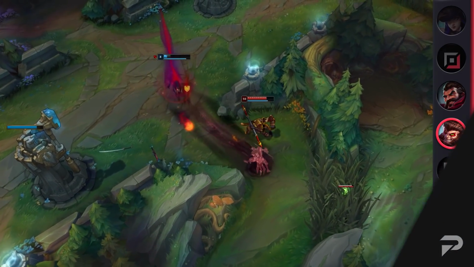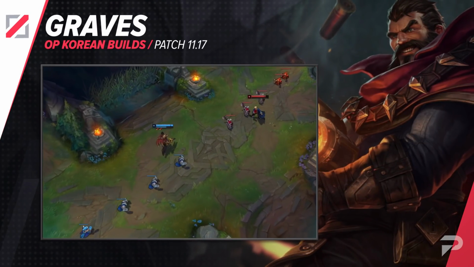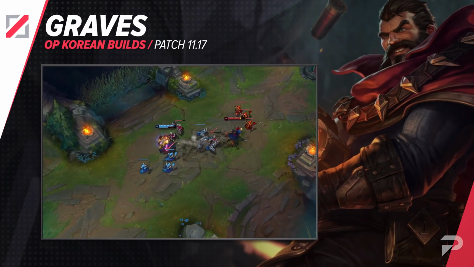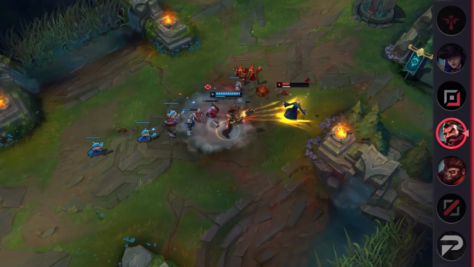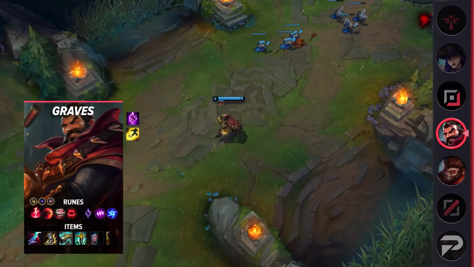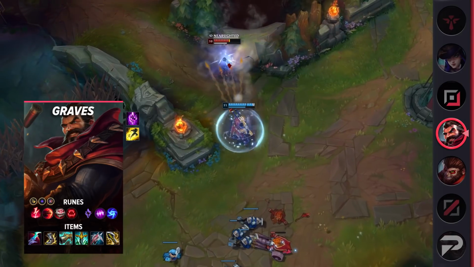Next up is mid lane Graves. We've mentioned Graves mid in some of our videos, and he's still looking strong in spite of the nerfs. Graves can still effectively push in spite of the increased mana cost on his Q, and he scales incredibly well. It's absolutely disgusting seeing his late game damage output, as he's able to one-shot almost anybody and make a quick